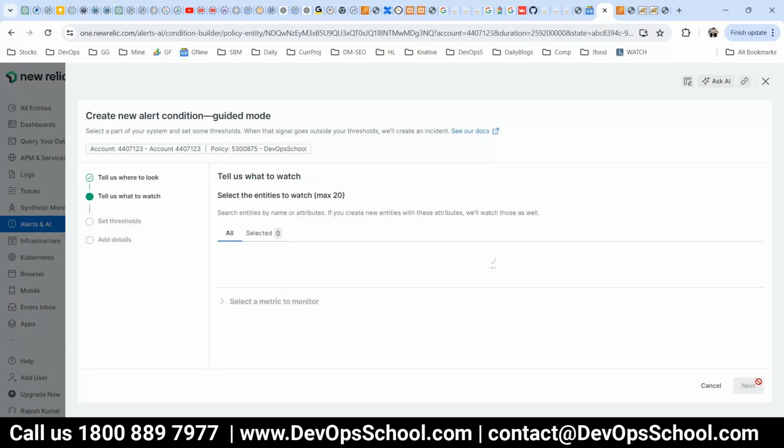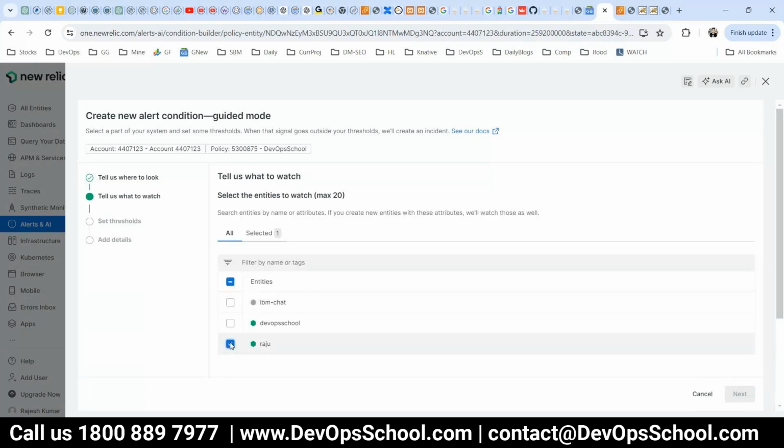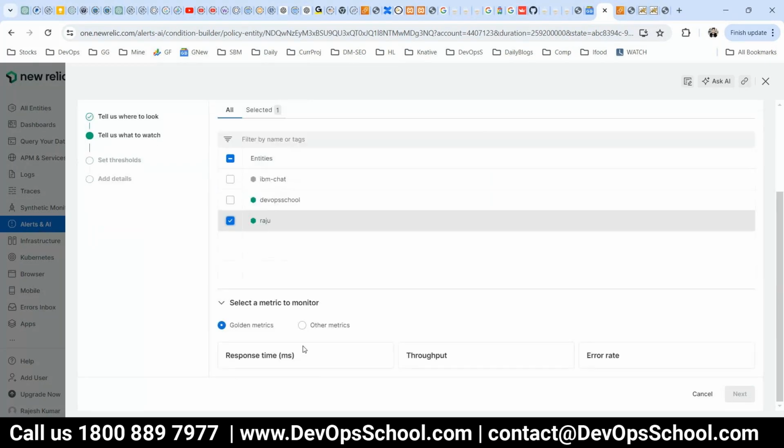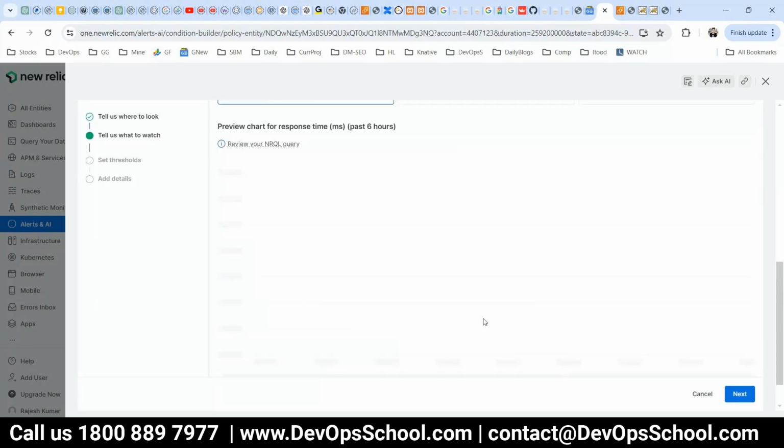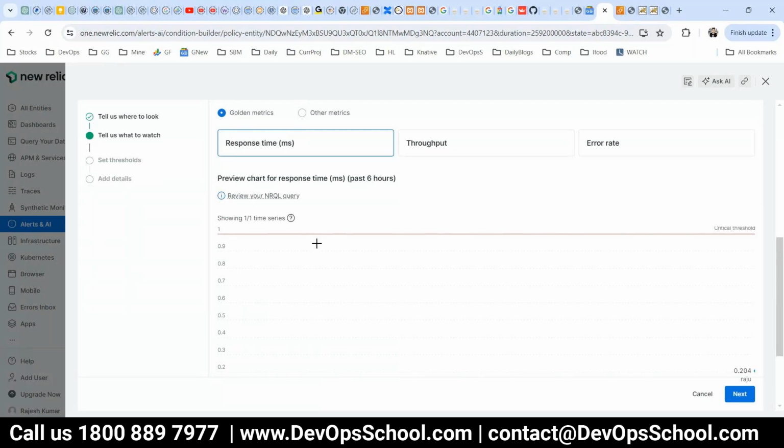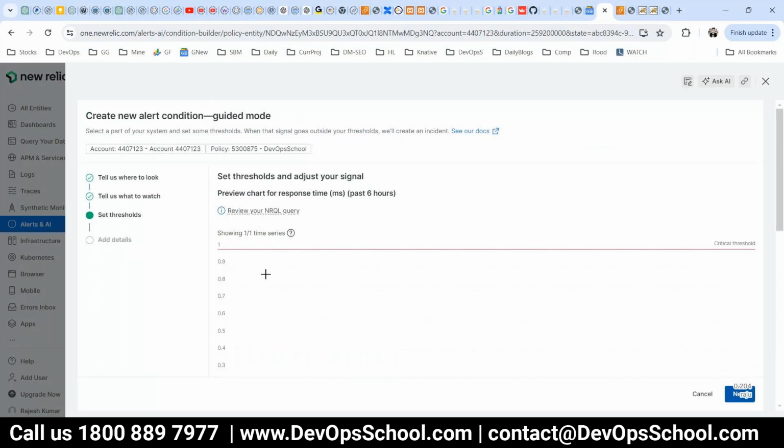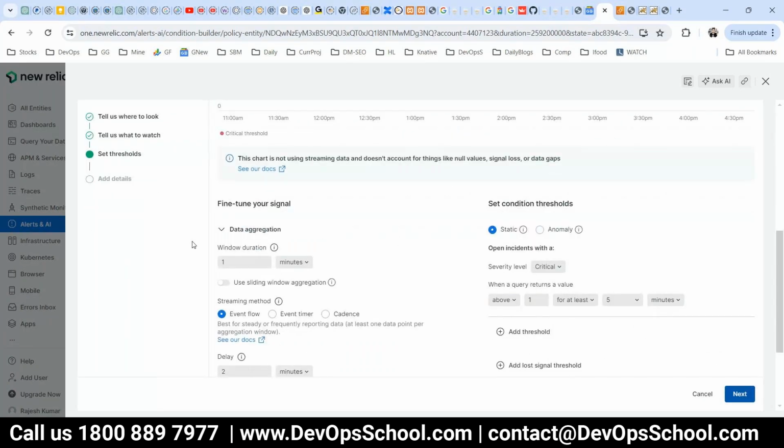So here Raju, and select the metrics. What metrics? You want response, throughput, error rate, so golden metrics, response time. This is the live graph, and here you see response time is this one. Based on that you can set up some threshold. Here you can set up some threshold,